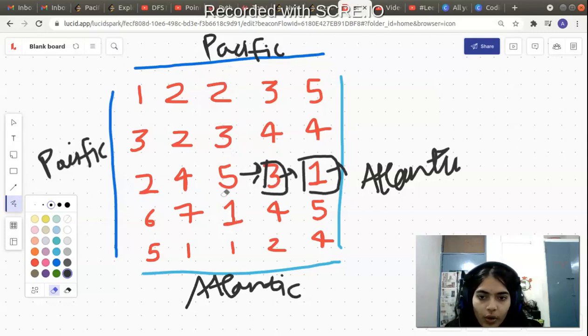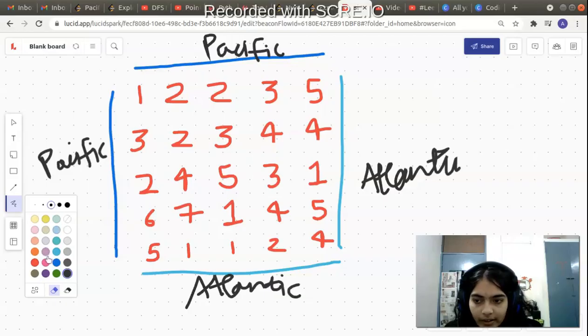So instead of going to all cells and trying to make water reach the Pacific or Atlantic Ocean, let's try to think of it in the reverse way. What do we mean by thinking of it in the reverse way? Let's take this cell itself. Let's see if water can reach here. Okay, consider the reverse way. If water is coming from the Pacific and Atlantic Ocean, can water reach here? How do we do that?